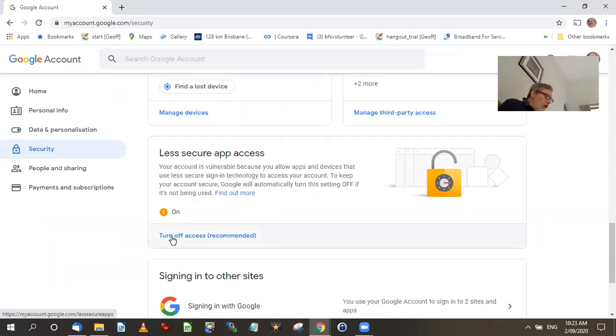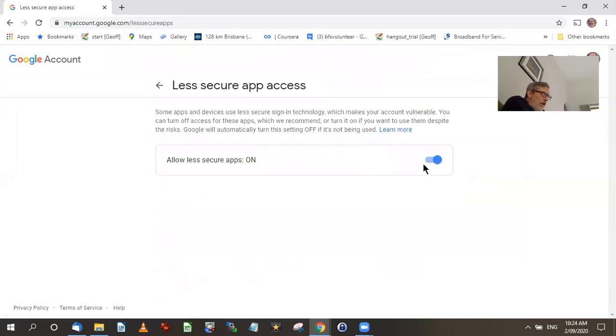You've got to then click on the button underneath, right? And then it'll probably say it's off, and you're going to click it on. Okay, mine's already on. That's how you do it. Now, unfortunately, you're going to have to do that every time